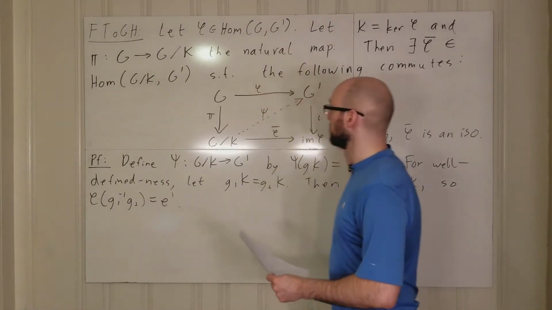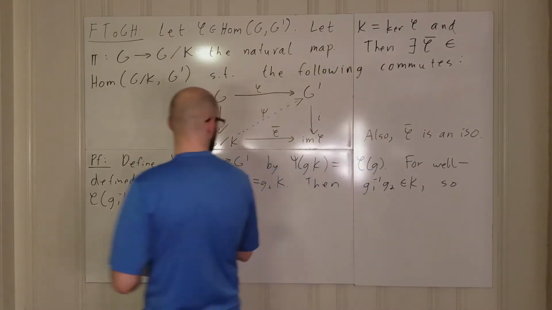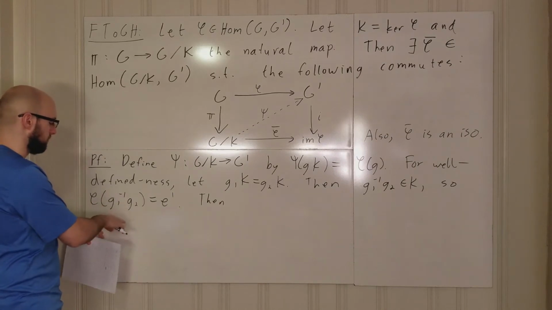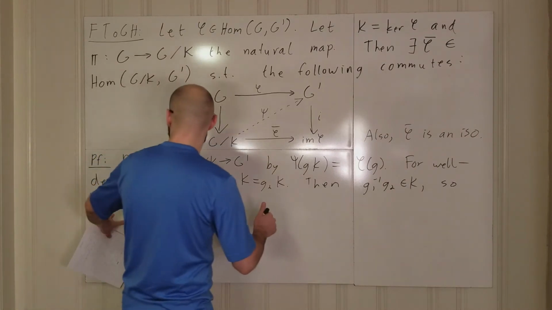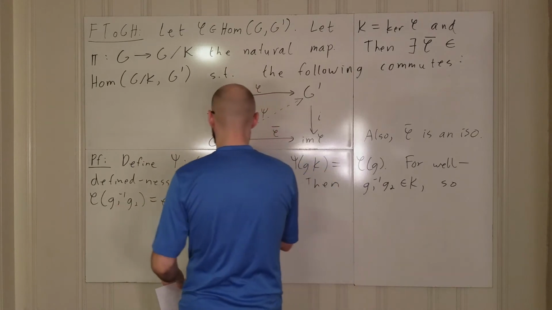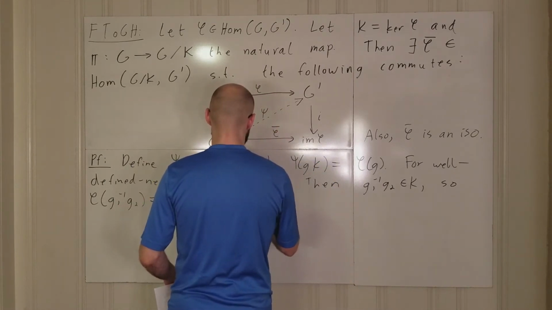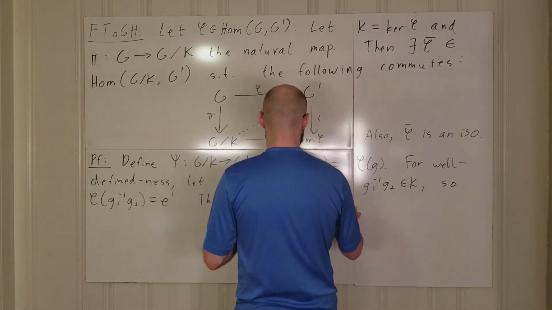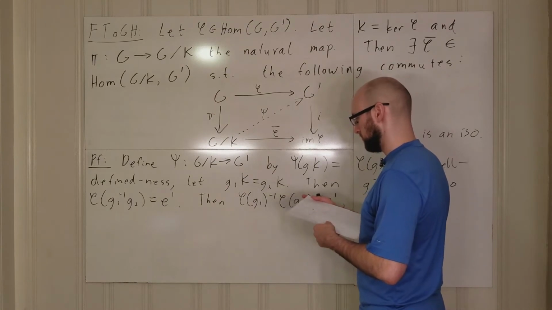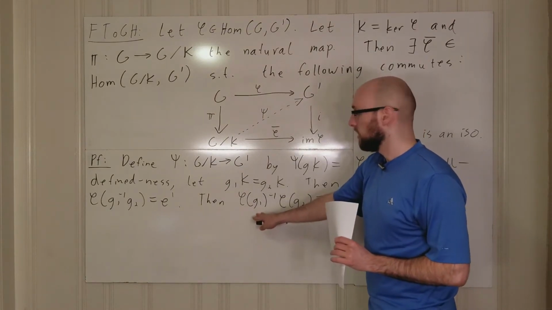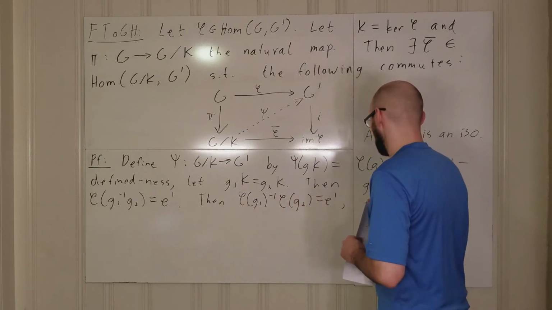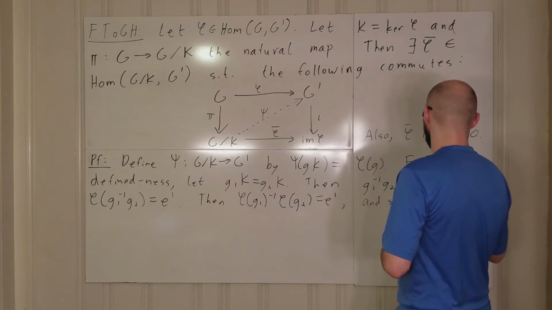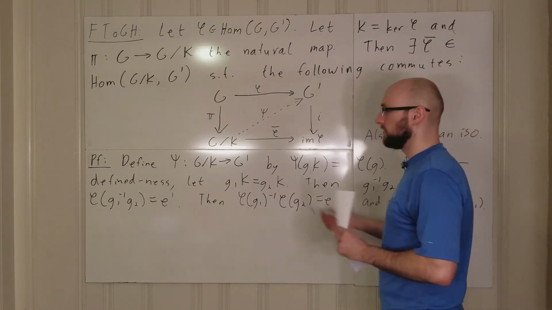Okay, since phi is a homomorphism, we can break up this product and bring the multiplication in here to multiplication outside, like so. Phi of G1 inverse times phi of G2 is equal to E prime. And so we multiply on the left by phi of G1, and what we get is phi of G2 equals phi of G1. So in fact, this is well defined,